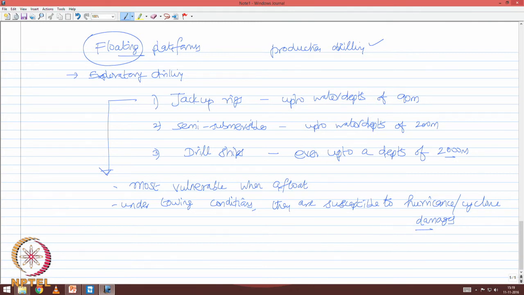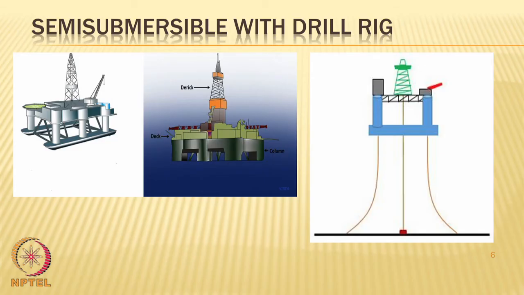Coming to semi-submersibles, please pay attention to the figures shown in the slide now. A typical semi-submersible is shown here, which has all topside details of a drilling platform. It has a drilling derrick, a multi-level deck, the flare boom and the cranes supported on columns and pontoon members, which keep it afloat. When they reach the position, they will be anchored or moored to the seabed. Mooring can be done either with the help of GPS or one can also use